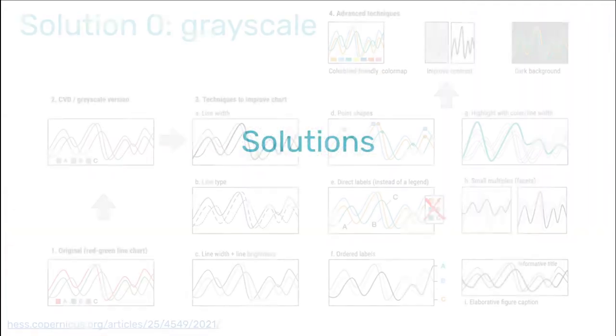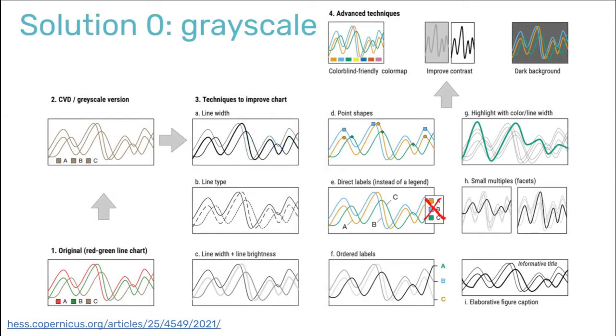So, solutions. There is first, zero solution. The first to consider: grayscale. Let's go. It's a very good article here, and if you go through that scheme, we start with some graph we have, then first just check how it looks in grayscale, then consider lines, line types, line width and brightness, then maybe you put some points, maybe you would like to have direct labels instead of a legend,